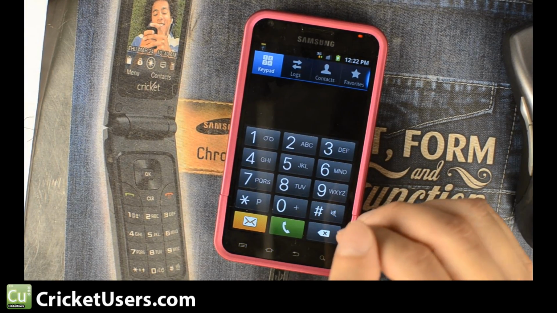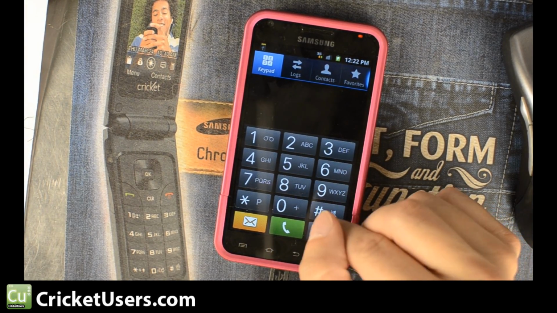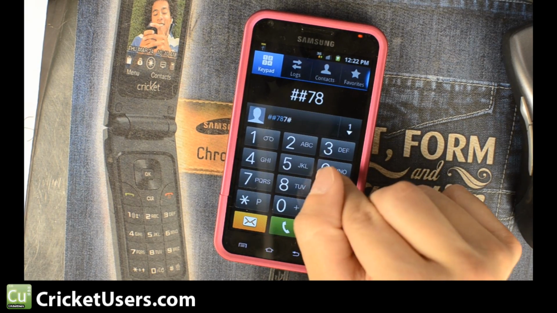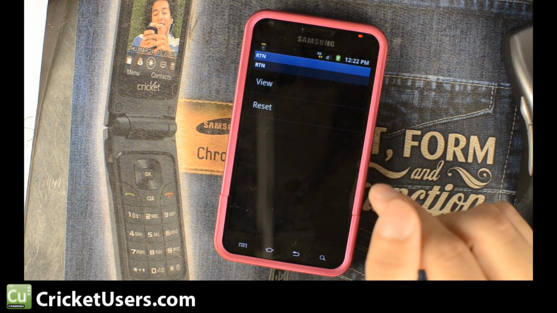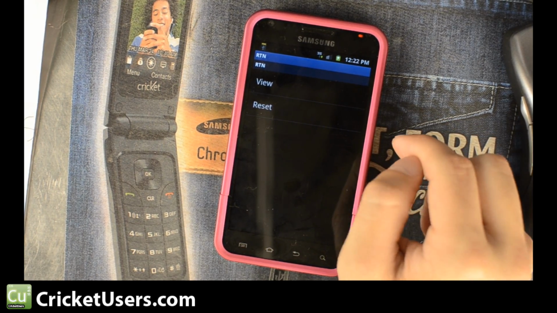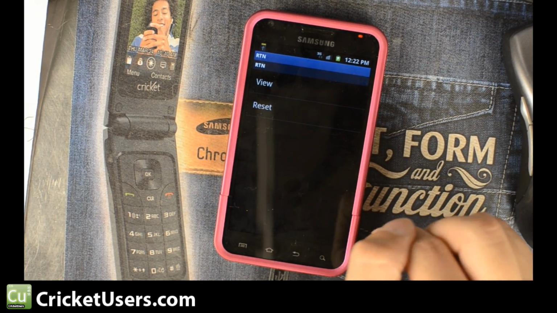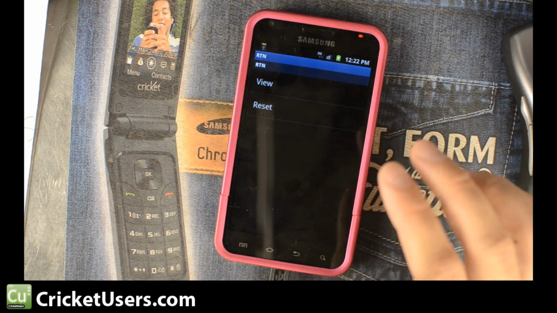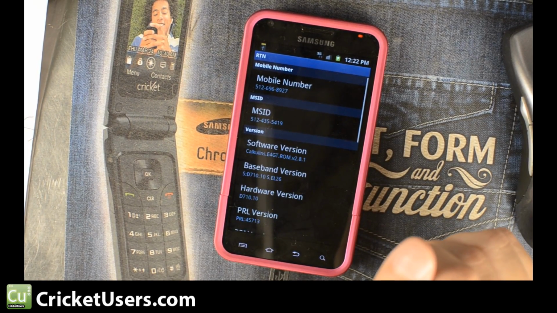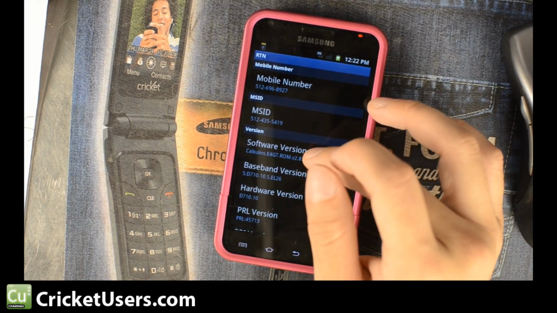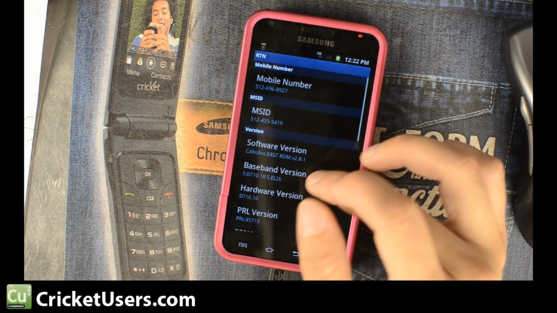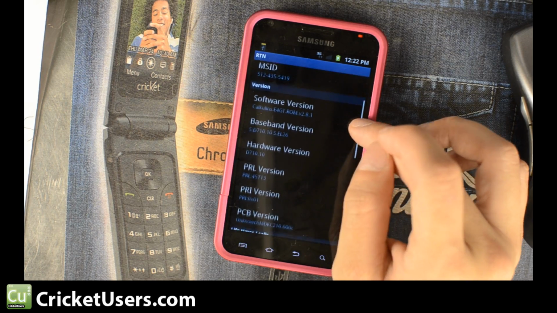We're going to go to the phone dialer and dial ##786, which stands for RTN. Now, you don't need the SPC just to view it. I hit ##786#, and then hit talk like I was going to make a phone call. Hit view here. You can see the mobile number currently on it, MIN, which is also called the MSID,